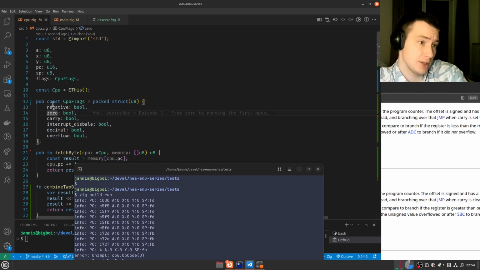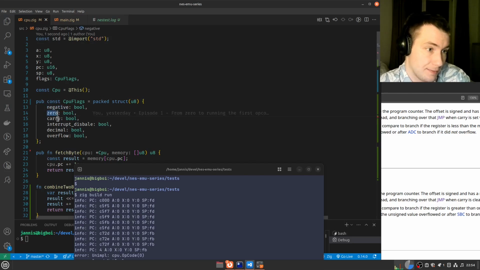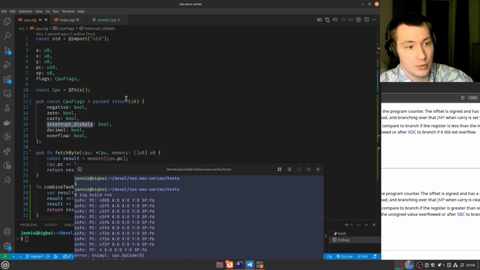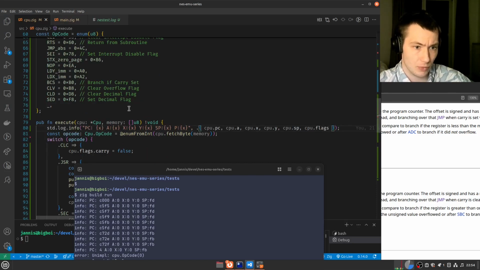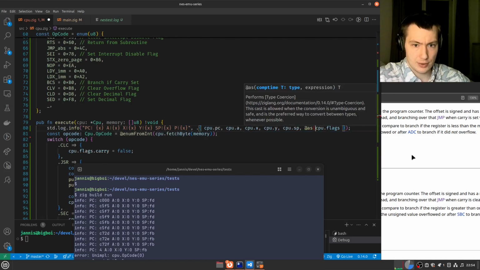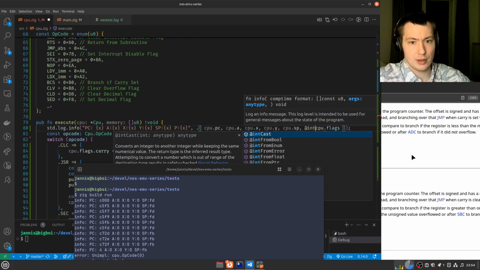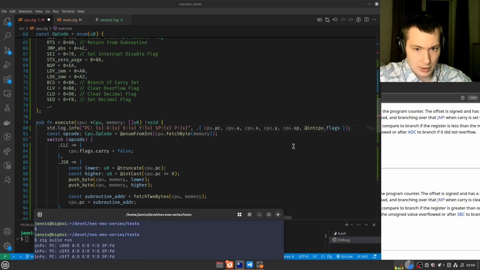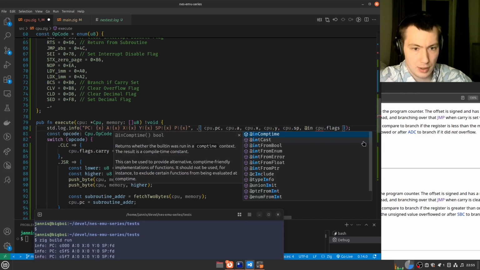Then we can still set these things with the dot syntax, but we can also convert it to an int, as or int from enum. No, int from, is there int from